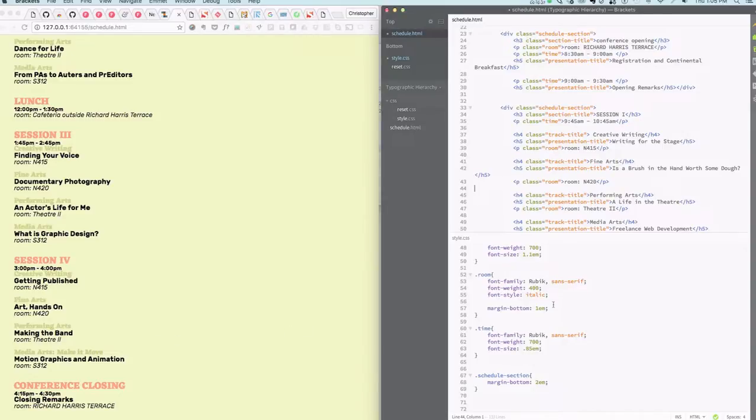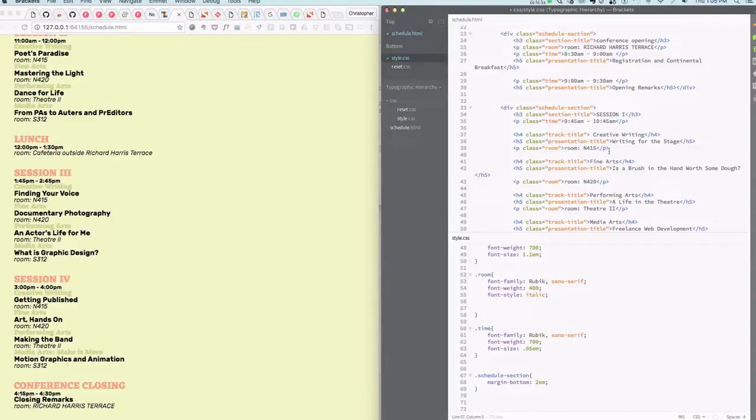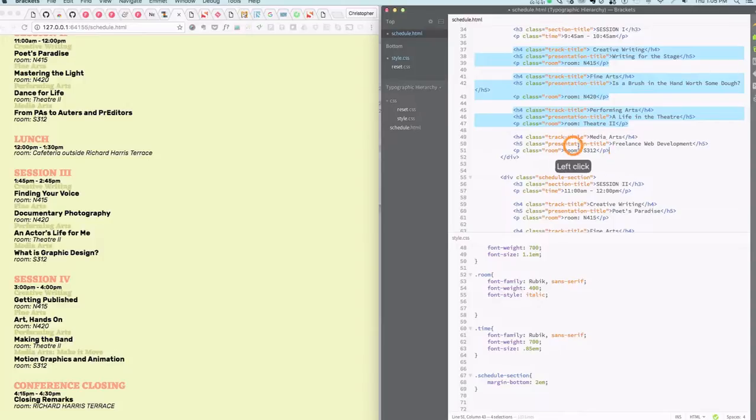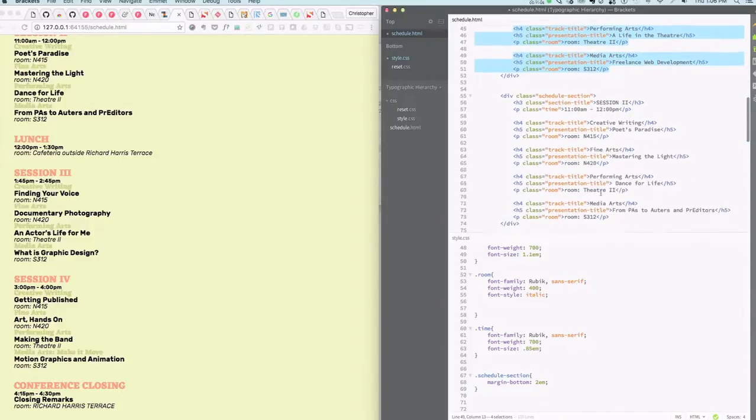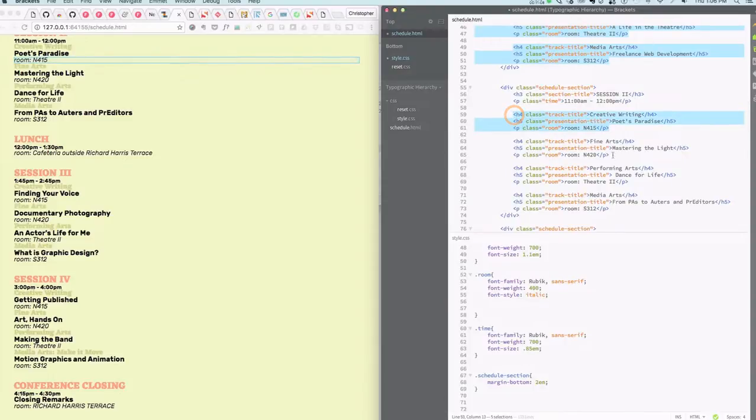So probably it's even better if instead of adding that margin bottom 1em to the room, I would add it around each of these. And you'll find also that if you're doing responsive web design and so forth, and I want to move these pieces around later, this will help too. So what I would actually do is go back in to each of these. I'm using the command key, would be control on the Mac, and selecting each of these groupings. By the way, command U, see I missed the little beginning and closing tag. It removes the last one that you did. So if you make a mistake while you're doing this, you can do command U and get rid of the last one. So I might go through here, select these out,